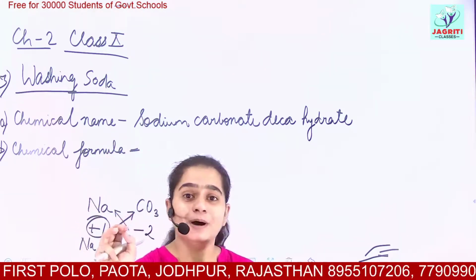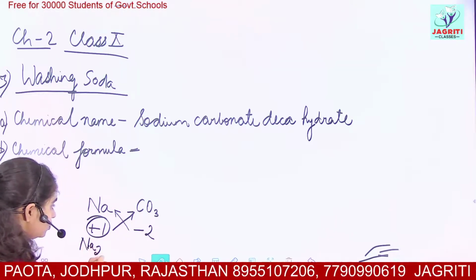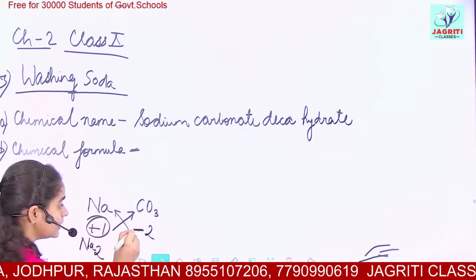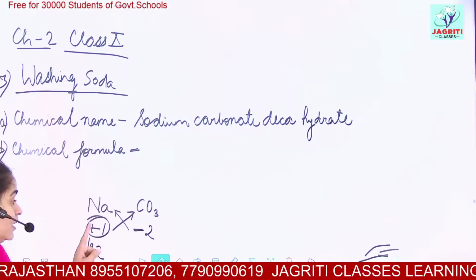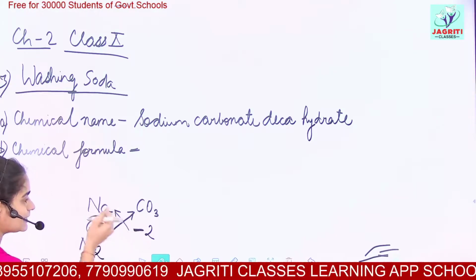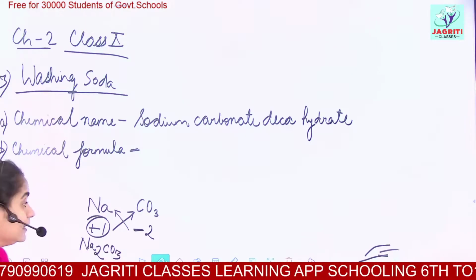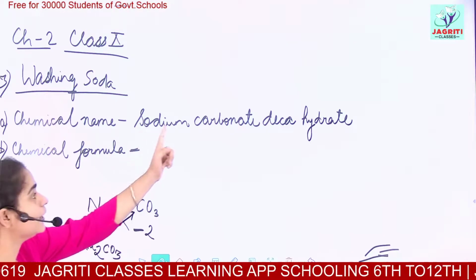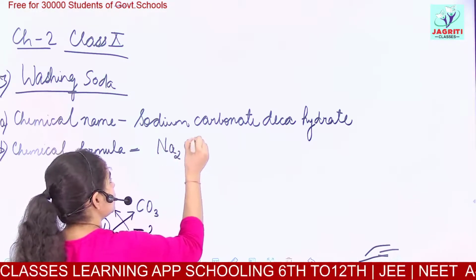I said wherever there is 1, you don't need to include or write 1 in your formula. 1 को लिखने की ज़रूरत नहीं है. So we get Na2, Na comes 2. Never include these charge plus and minus in the subscript of writing formulas. Just we'll put 2 and not -2. So we get Na2 and CO3 is single, so we write Na2CO3. This is the formula for sodium carbonate. So the formula is Na2CO3.